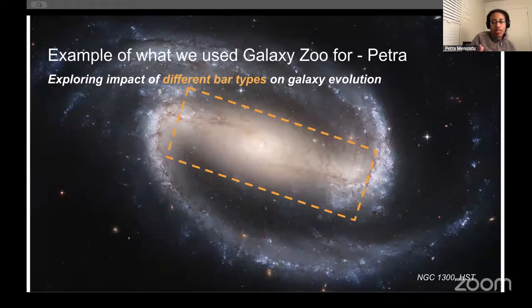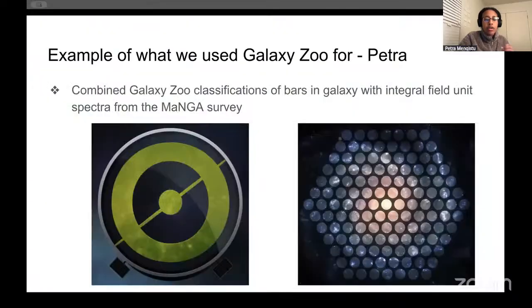And these bars can appear in different types, where they can be strong or weak, which refers to their length, or they can be fast or slow, which refers to their rotation. And these different bar types have been potentially theorized to have different impacts on their host galaxies. And so what I had hoped to do was to, in the past, look at combining Galaxy Zoo classifications of